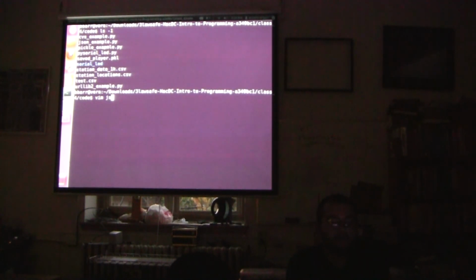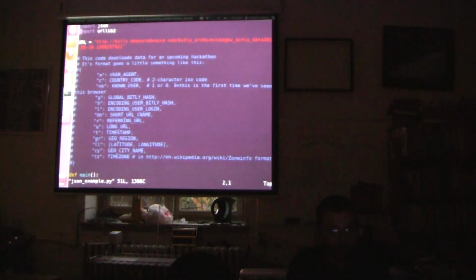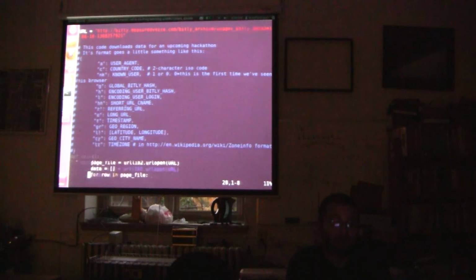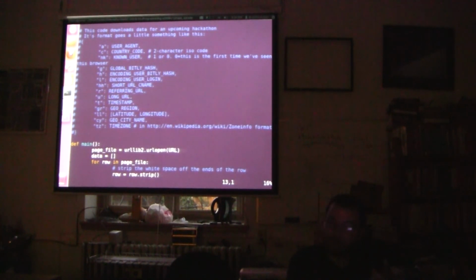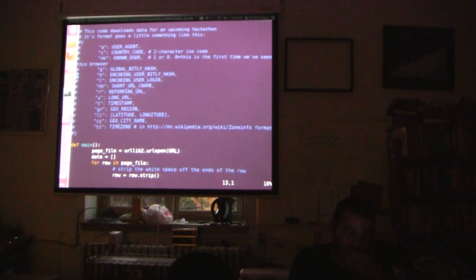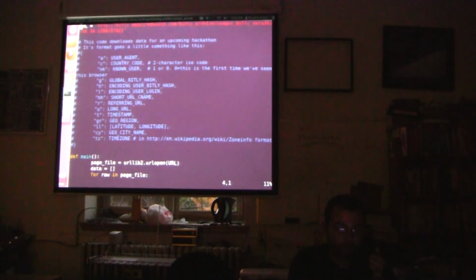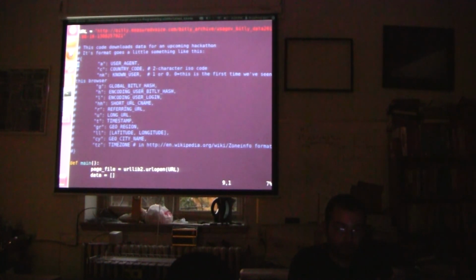Cool. Let's look at the JSON example next. Do we have a JSON file? Weird. Oh, that's fun. Oh, right. Last time I was teaching this class, there was a USA.gov hackathon going on, and they were giving out all sorts of crazy bit.ly data. So I don't know if this code's going to work again. But the code looked like this, right? It was a set of key value pairs.